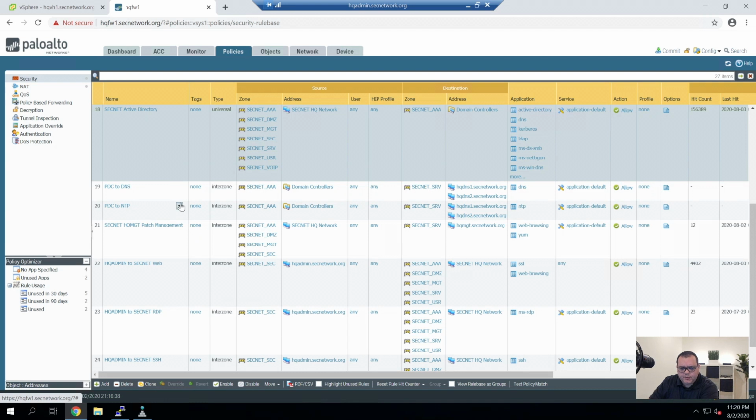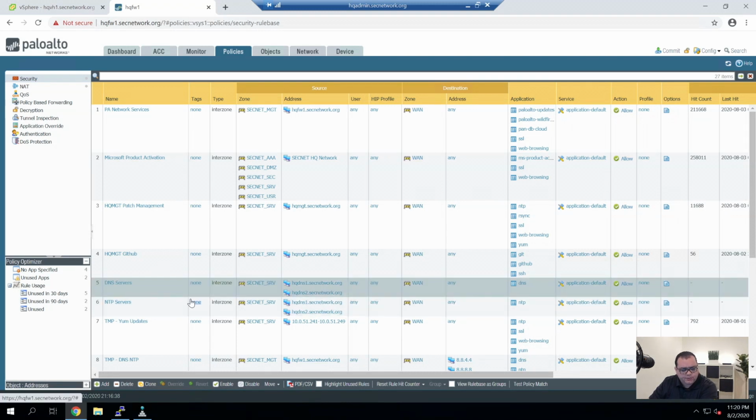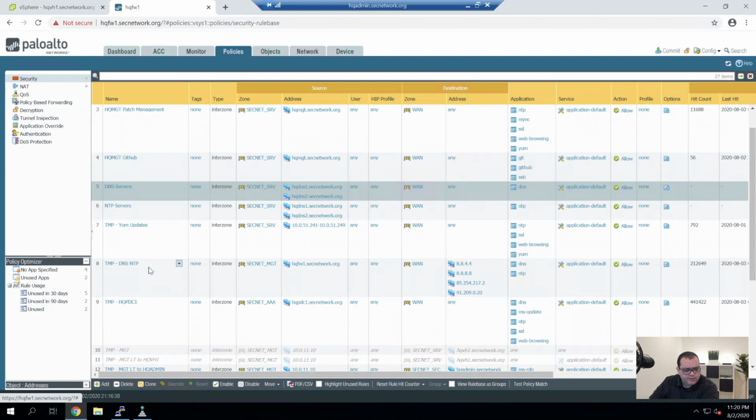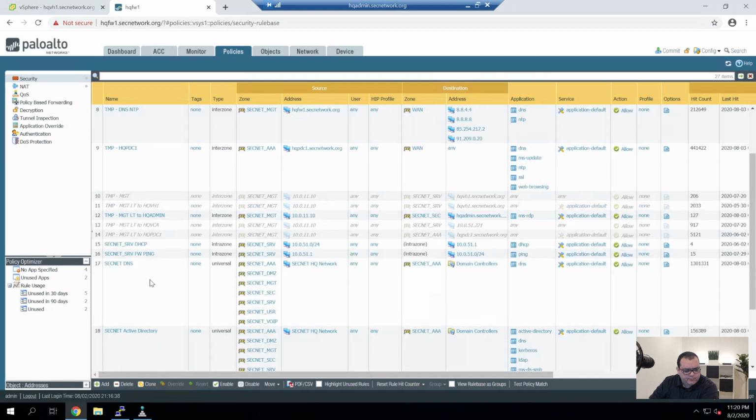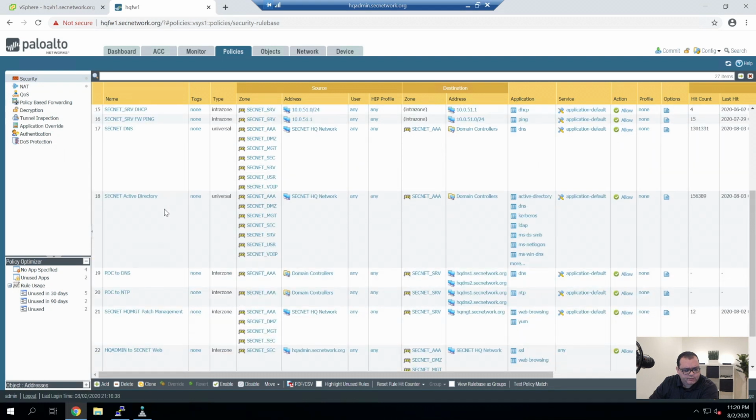So let's just go through this again real quick. Alright, so we have our two rules that allow the DNS servers to go out to the internet. And then we have our two rules to let the domain controllers talk to the DNS and time server.